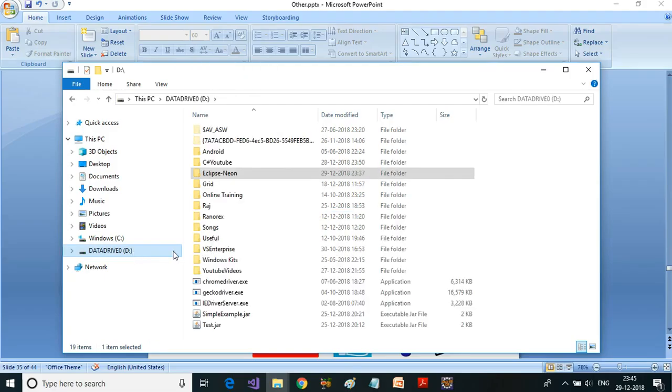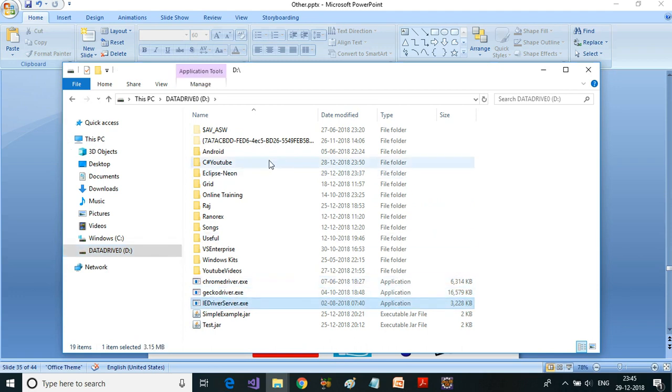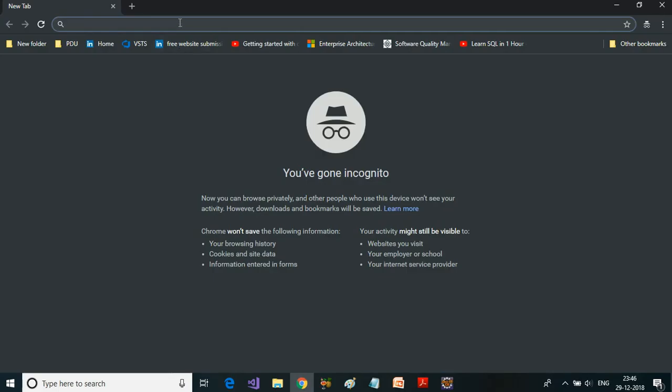First thing, I have downloaded all the drivers here. I have Chrome driver, Gecko driver and IE driver server here, which I downloaded from seleniumhq.org, which I placed in D drive. The example test case which I'm going to take a look at in this session is, I